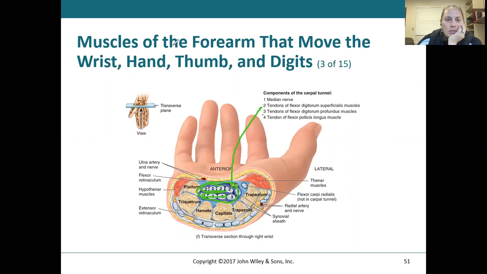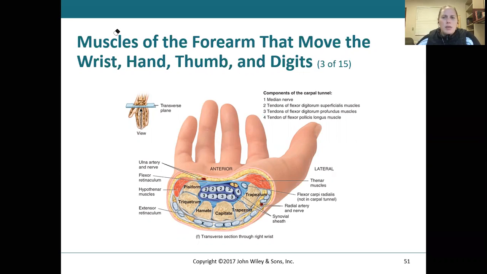And then 4, I need to erase this so I can actually see the numbers. And then 4 is going to be the tendon of the flexor pollicis longus muscles. So you can see those tendons of each of those muscles is kind of allowing for the movement of those hand muscles and how important it is for them to be encased in that synovial sheath. And again, overuse of some of those can lead to things like carpal tunnel syndrome, which I don't